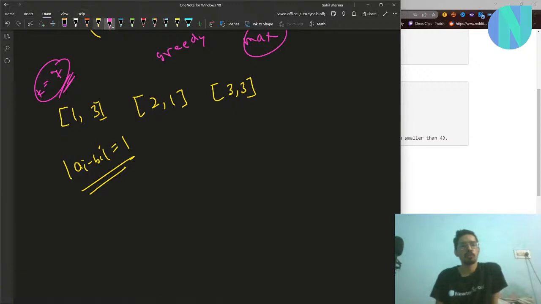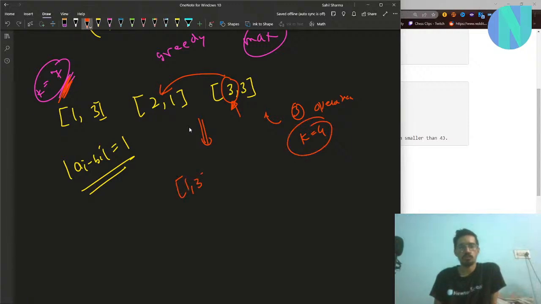Then of course you have to apply your operations on the max thing. So you have to apply your operations on the max difference, on the terms that have the difference 3. Now your k is equal to 7, so you can spend 3 operations here and convert your 3 to 2. So you spend your 3 operations here. Now your k is equal to 4.